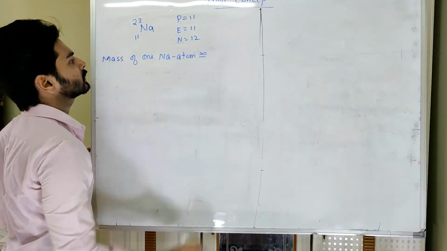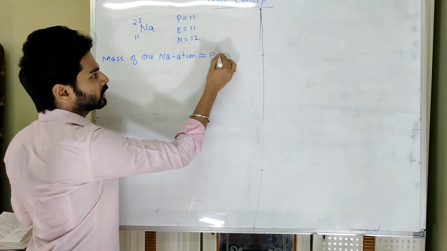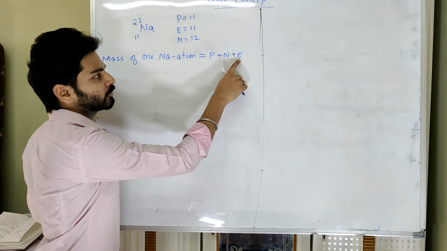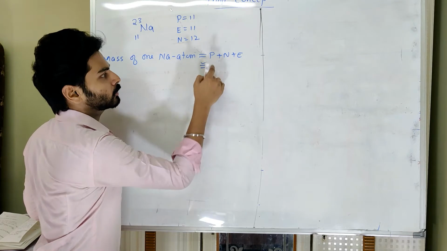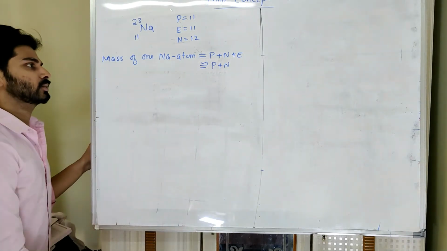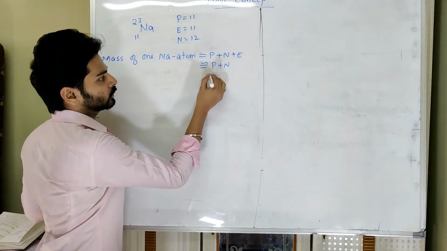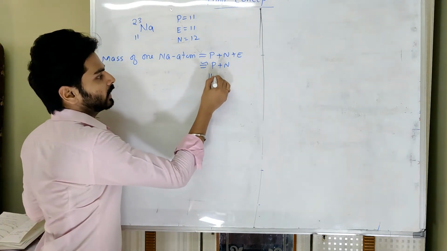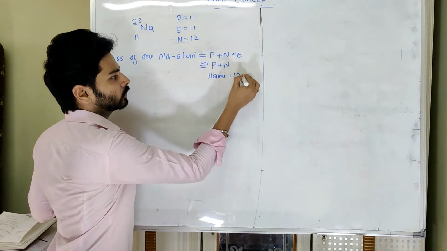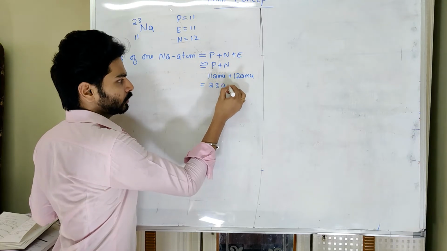what I need to do is add the masses of all the protons, all neutrons and all electrons. Just now we have seen that the mass of an electron is very negligible compared to protons or neutrons. That's why we are just taking the masses of protons and neutrons. So the mass of one proton is 1 AMU. There are 11 such protons, so 11 AMU contribution from protons, and neutrons there are 12, so 12 AMU contribution from neutrons. So this becomes 23 AMU.